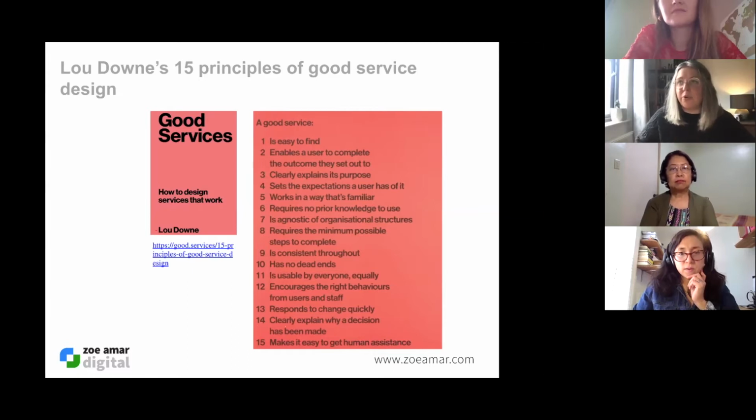So you're probably already reading through this and having a bit of a think about that service that you outlined earlier, the one that you might want to improve on. Does your service comply with these principles? I think it's good to have a quick scan of these and have a think. I won't go through every single one in detail, but I think they are a really good starting point. I am going to dig into these principles a little bit more.